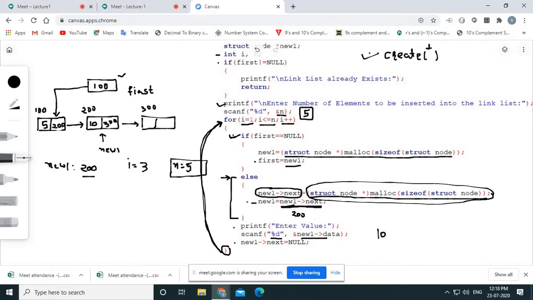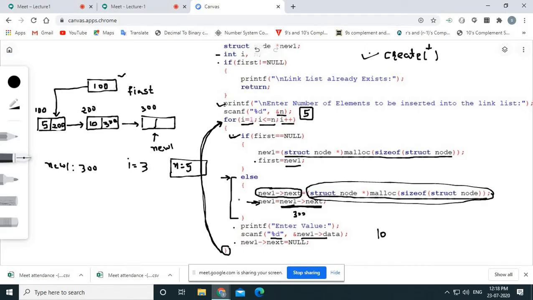And now what you have written in the next line after creation of the new node is that the new one pointer will shift to the new one's next part. So see, currently your new one is on 200 and what is there in the next part of the 200? 300. So here our right hand side will become 300 and we are just giving this 300 to the new one. So in that case what happened? Now your new one pointer has 300 and will point to this node, right? So now our new one is 300 and here you have placed your new one pointer. Okay, so this thing is clear.